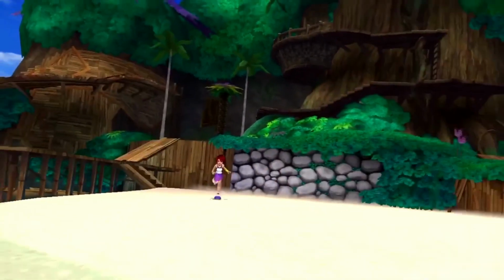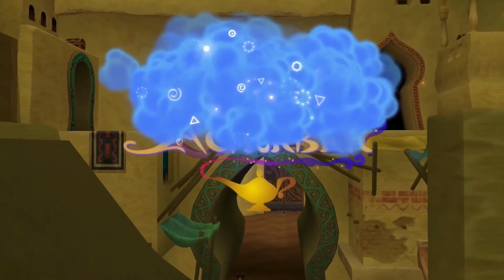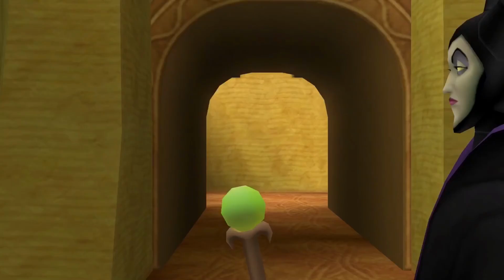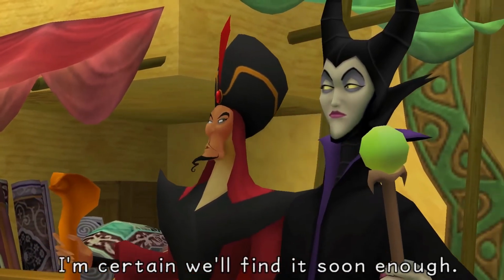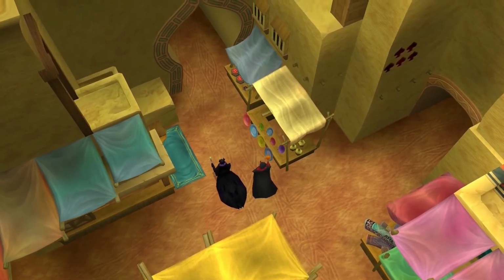In third place is Agrabah. Aladdin is one of my favorite Disney movies, especially because of Robin Williams' incredible performance as Genie, and though these games use Homer Simpson as Genie, it's still enjoyable, and the story is fairly true to the movie. Even the parts that are more Kingdom Heartsy than straight from Aladdin are done so in a seamless and believable